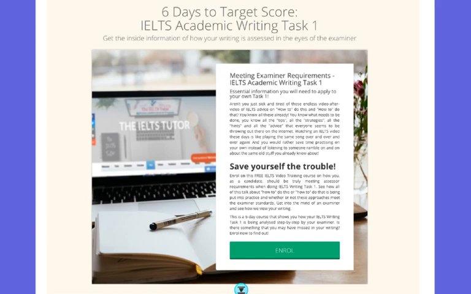Okay, so all of these things take about 6 days, and at the end of the 6 days, the course will take you to a different site where you will do not another mini course, but a sort of a quiz, if you like, where you will be tested on your understanding of what you will be tested on in the Writing Task 1 description. And after that, it will take you back to the main course platform where you will be given a